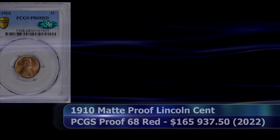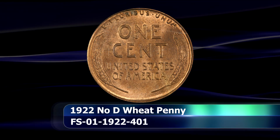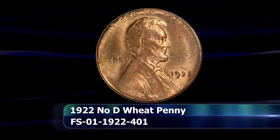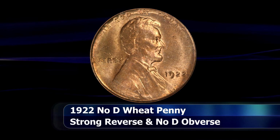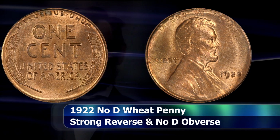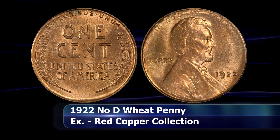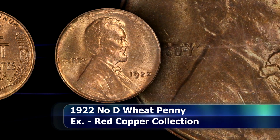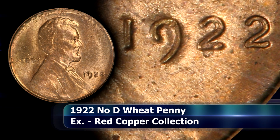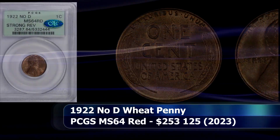$165,937 in 2022. The 1922 penny was only to be minted at the Denver Mint in this particular year, but as time went on, a few coins were noticed that were missing the telltale D mint mark for Denver. As it turns out, a single obverse die was damaged and then polished at the mint to such a degree that the customary D mint mark was actually removed by mistake. Today, the 1922 No D strong reverse cent is a constant favorite for collectors, and is rarely seen with original red color, like this MS64 Red example from PCGS that was able to secure a final price of